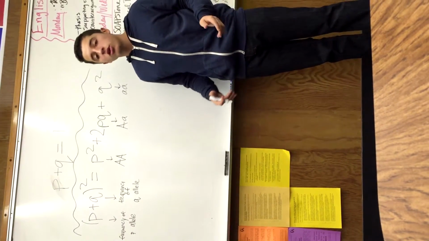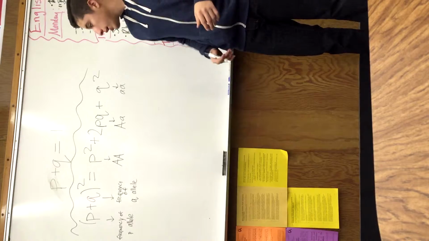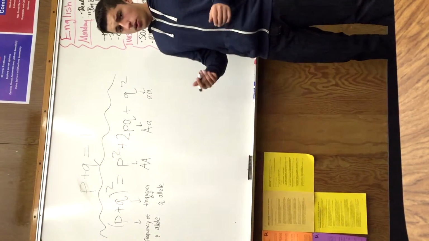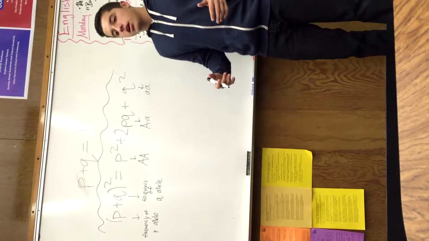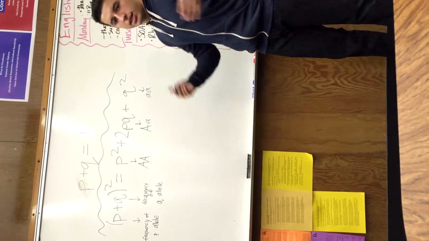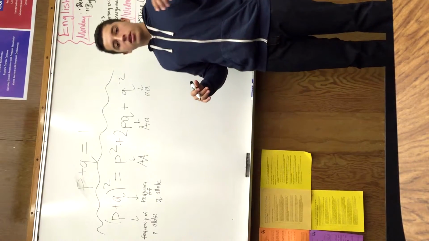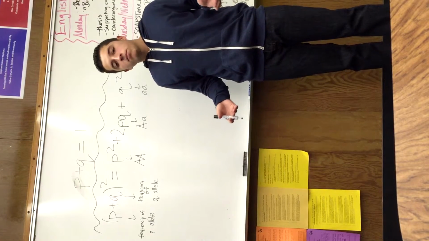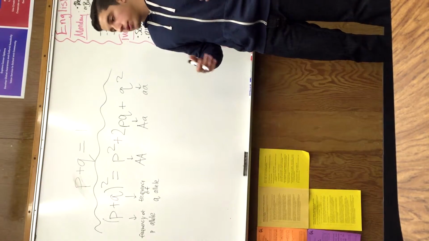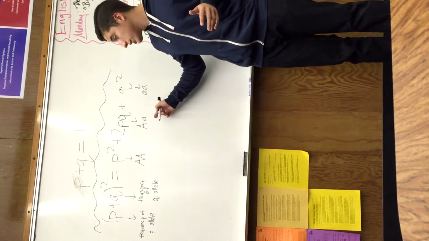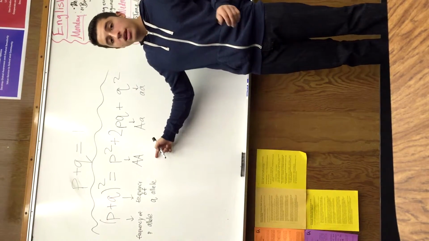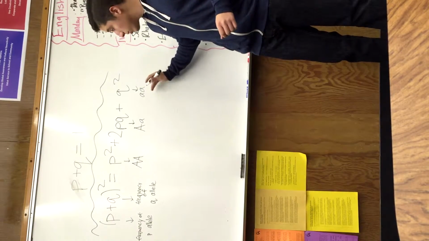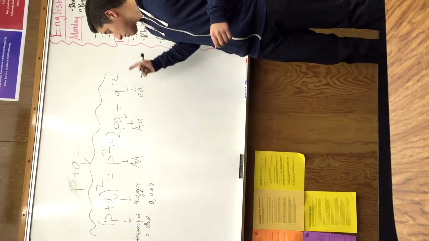Generally when you're solving Hardy-Weinberg problems, you want to find your q squared first, or your homozygous recessive genotype. Let's have an example. Say there's a population with brown eyes being the dominant trait and green eyes being the recessive trait. Even if they give you the number of people with brown eyes, you don't know which are heterozygous and which are homozygous dominant. But if you know that a certain amount have green eyes, then you know all those have the homozygous recessive trait. So your first step is to find that.